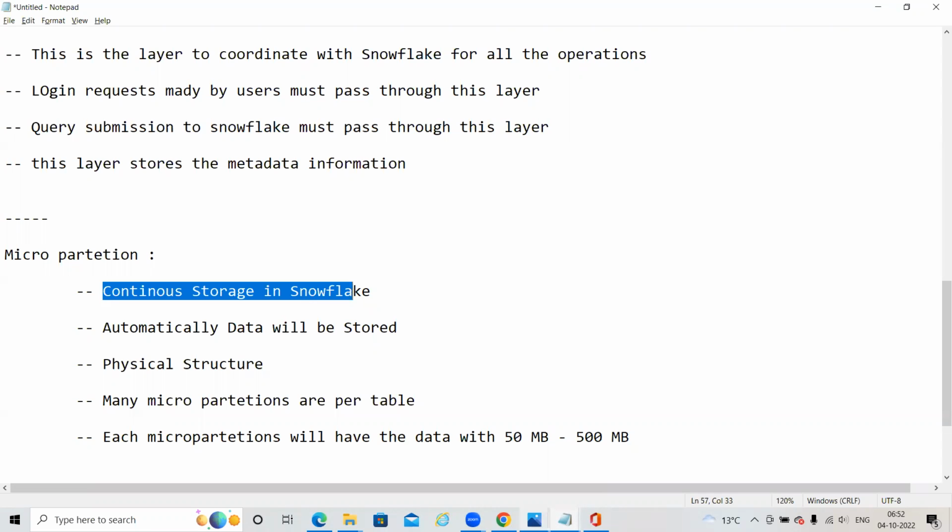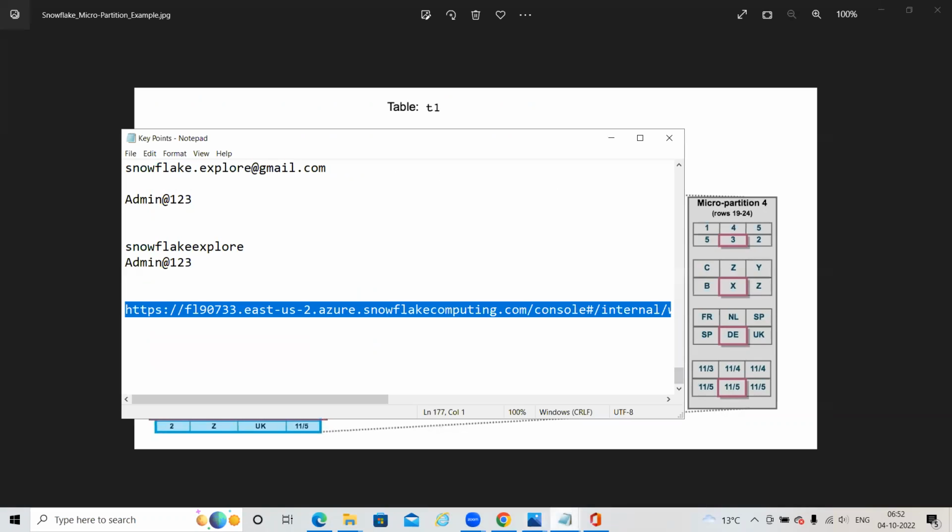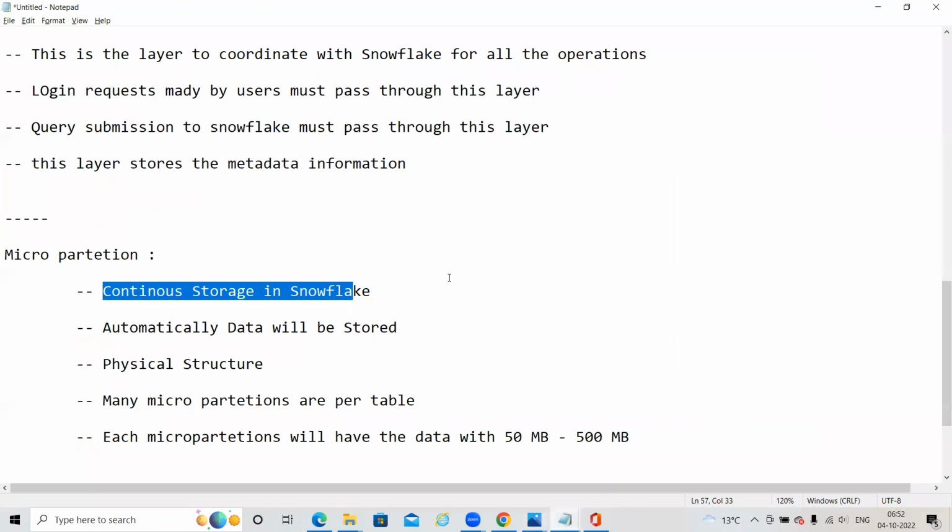Each micro partition will have a size of around 50 MB to 500 MB. This is a physical storage structure in our Snowflake. When the data is stored in the table, it will be stored in micro partitions. This is the core component in Snowflake. Data will be stored in column format.